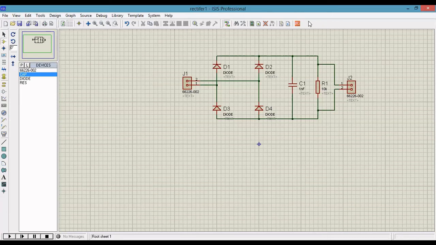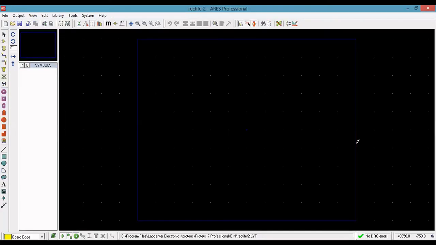So now you are going to create the netlist. For that, you click on the ARES file. If you click the netlist ARES button, you will get this new window. In the new window, go to the 2D graphics box mode.